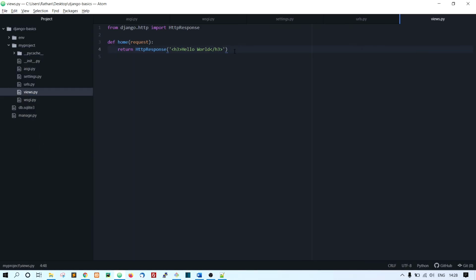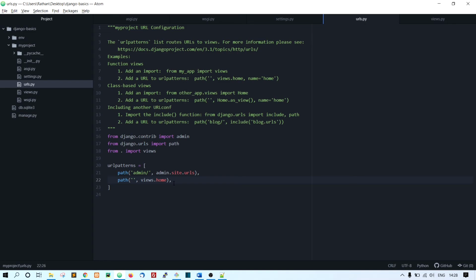Now let me explain what happened here. When we hit refresh, the home page request came to the urls.py file. First it checked the URL patterns, starting with the first path, admin. Is this the home page? No. Then it came down and looked for the home page. Yes, this is the home page, because blank means home page.